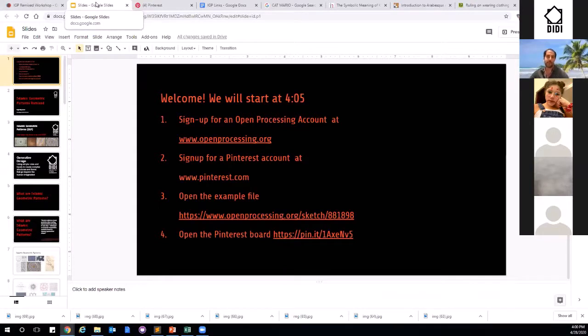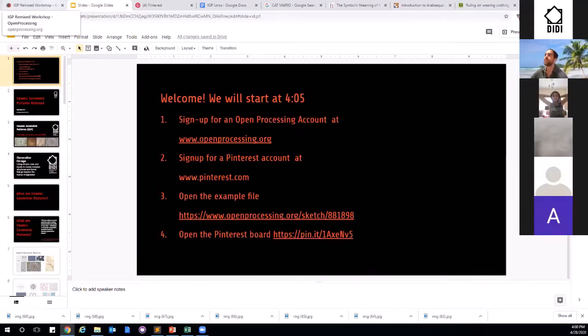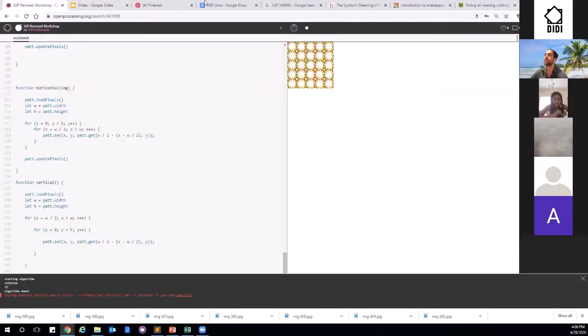Did anyone already get an OpenProcessing account? Okay. So when you open it, did you get the example file? Yes. So to find this kind of view where you can have the code on one side and the output on the other,